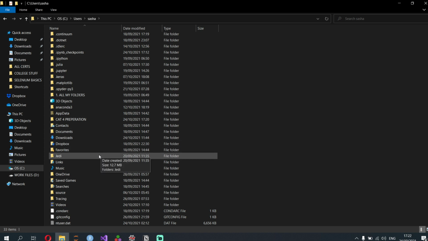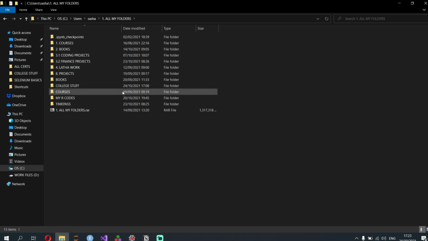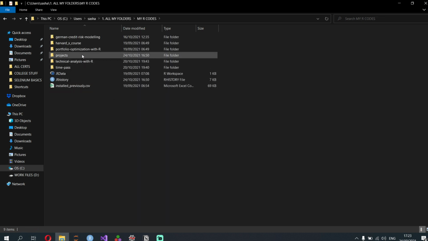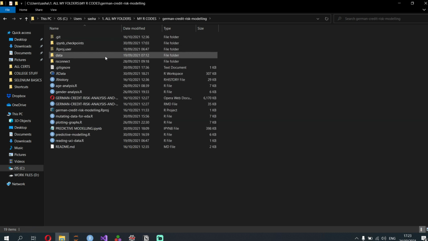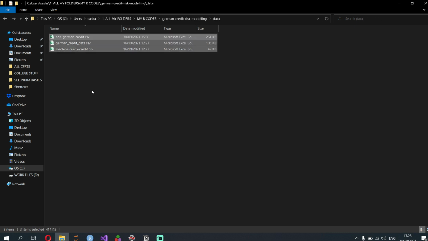In case she asks you to get the data from the UCI machine learning repository, or says this data over here, copy paste it somewhere else and then use it, that's what you need to do. You need to copy it. The data which we're going to use right now is over here in all my folders. In our codes, where are we right now? German credit risk modeling and data. Okay, so this is the data that we need.